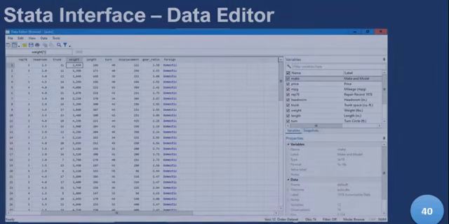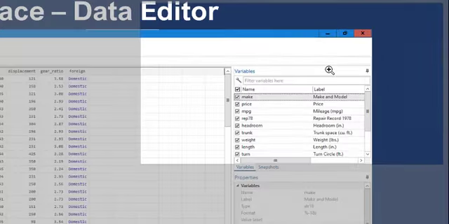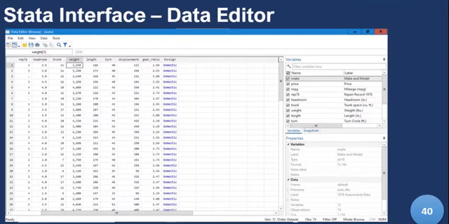Now the data editor looks like a spreadsheet. It has rows in numbers, but the columns are the names of the variables. So this is what it looks like. And currently you can see, if you look closely, that in the editor, make has been selected. So there's a variable there called make. So it's all there. You can find as much details as you will require